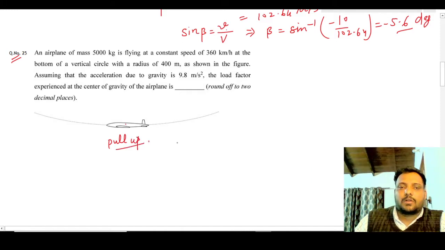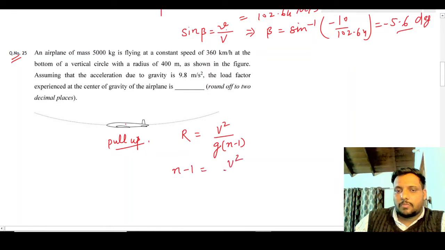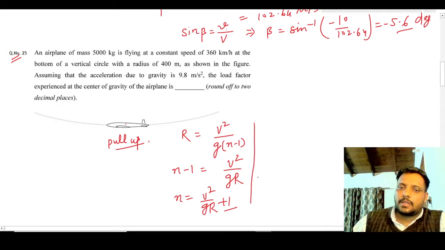pull up maneuver. Okay, and we know that for pull up maneuver the expression for turn radius is given by v square upon g into n minus 1, and in this numerical we have to find out n minus 1. So n minus 1 is equal to v square upon gr, or n is equal to v square upon gr plus 1. That means n is equal to